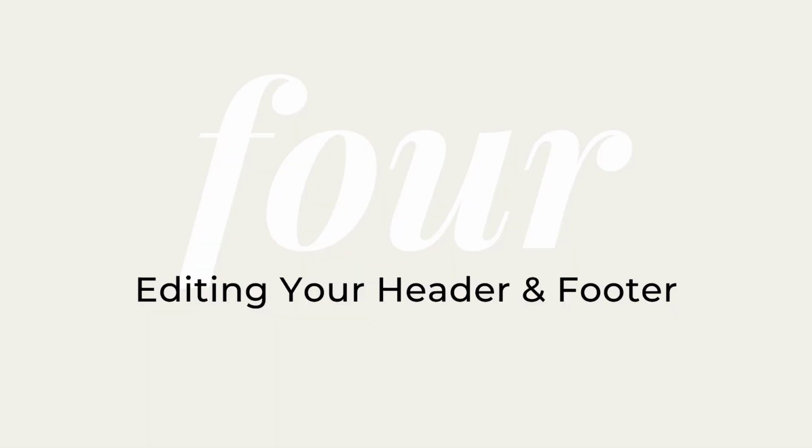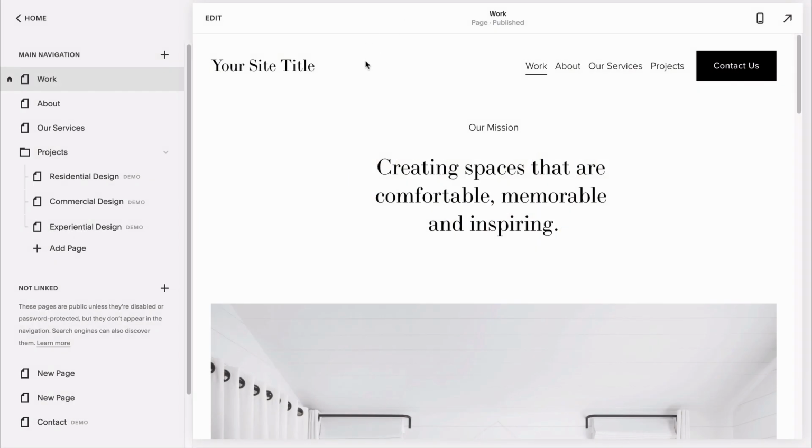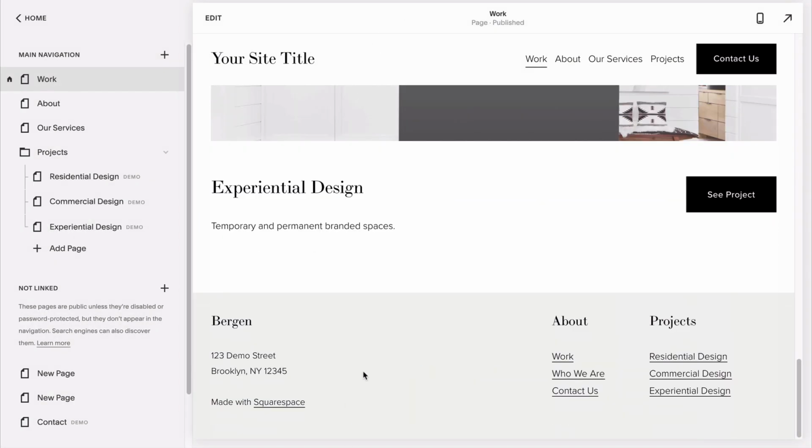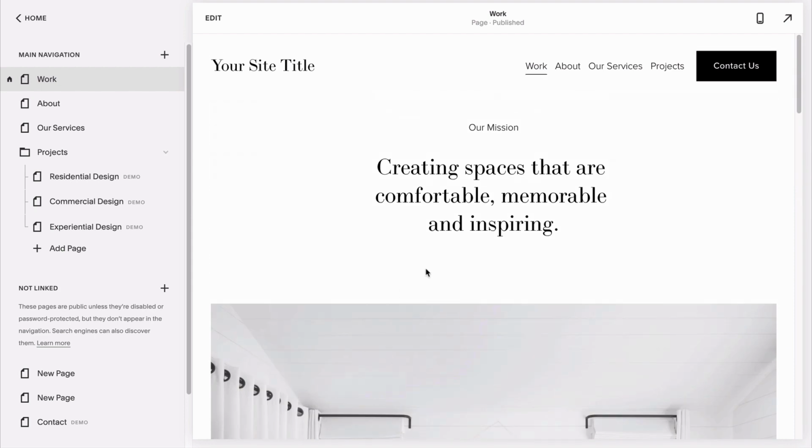Okay, so now that we've looked at the parts that make up each individual page, let's look at the parts that will appear site-wide, like your header and your footer. We already know that the links in the header are decided in your Pages panel by adding pages to the main navigation section and reordering how you want them to appear. But you have a few other styling options for your header right here, so click Edit,